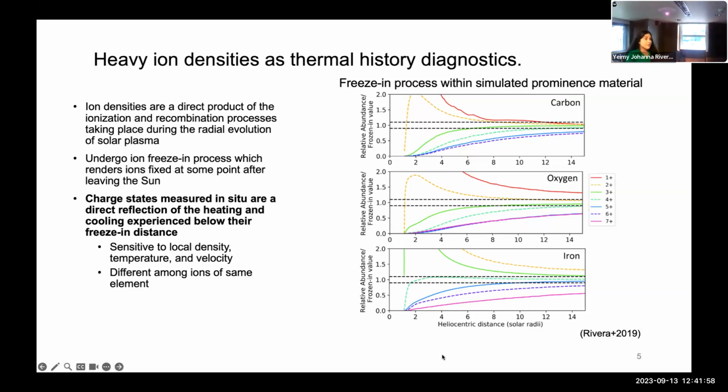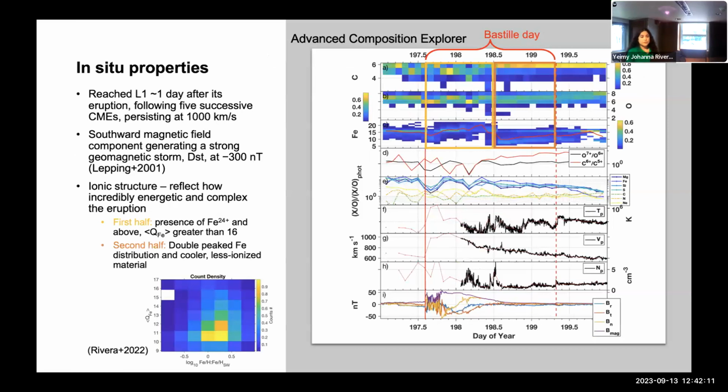And so the charge states that we measure in the heliosphere, the ones collected with instruments like SWICS, are a direct reflection of the cooling and heating that's happening up to the freezing point, which is really interesting for us because we can measure those really well with particle detectors. So for the work itself, we tried to reconstruct these two general structures that we see during the passage of the CME: the yellow box and then the orange box, the first half of the CME.